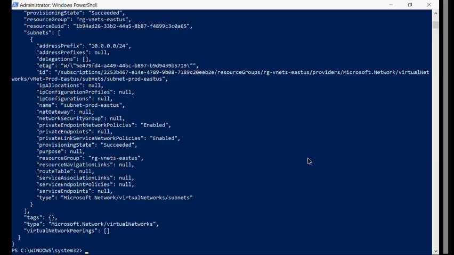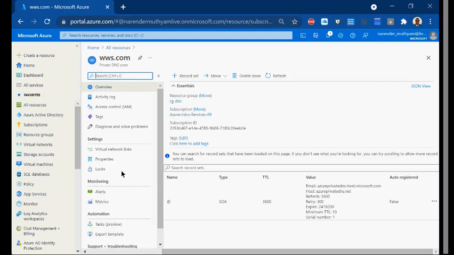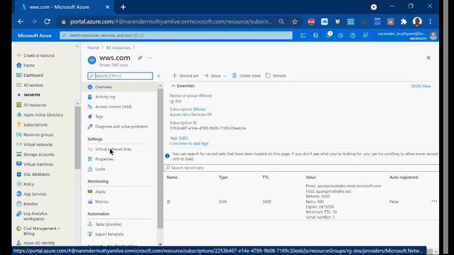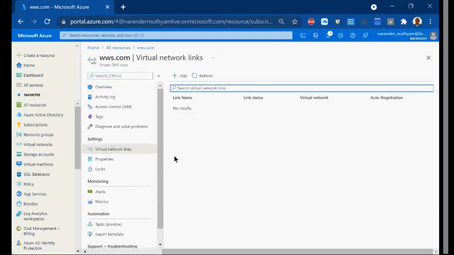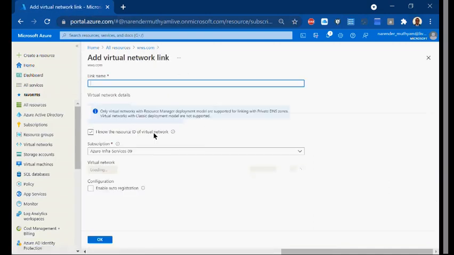Right? Once the VNet gets created, yeah, VNet and subnet got created. So now first thing, I will link it. Here I'll say virtual networks, add, and here private DNS link. Whatever meaningful name you want, you can use.